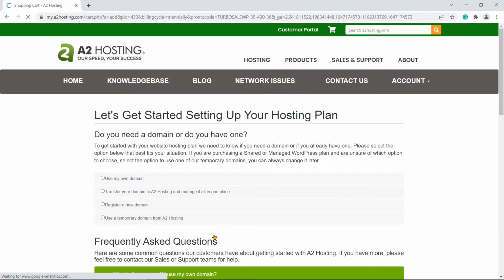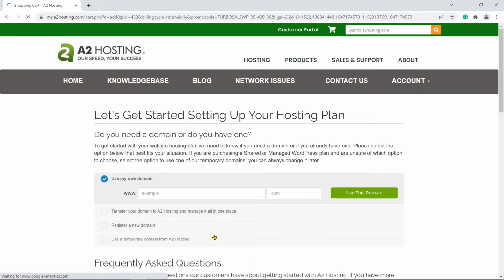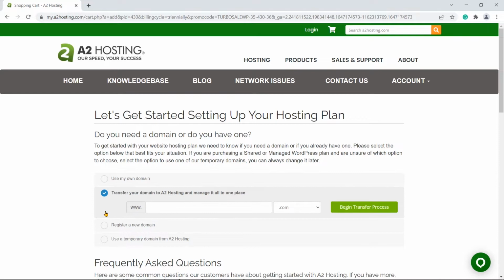Now, you need to purchase the domain. The first option is Use My Own Domain. If you already have an existing domain to connect with A2 Hosting, enter your domain here. Next is Transfer your domain to A2 Hosting and manage it all in one place. This is not our concern right now. So I skip this and go to the third option,